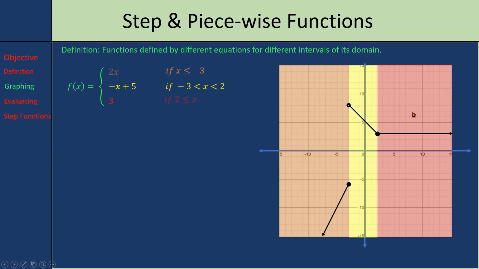Okay, so there is my final function. That's what it looks like. The graph of the function looks like that, right? So the orange part is this line. I only keep the part in orange. And the yellow part is this line, I keep in the yellow part. And the red part is in here, this line. All right, so let's try to evaluate based on